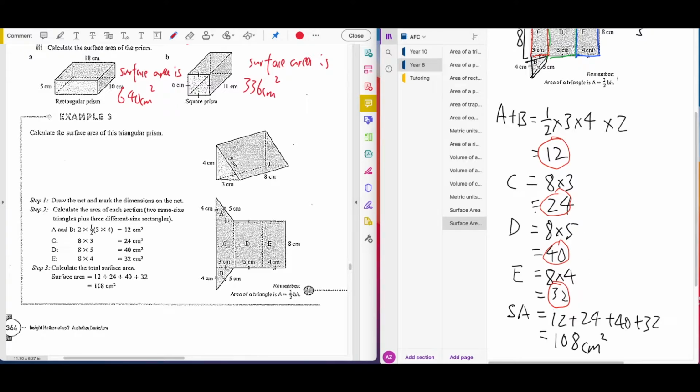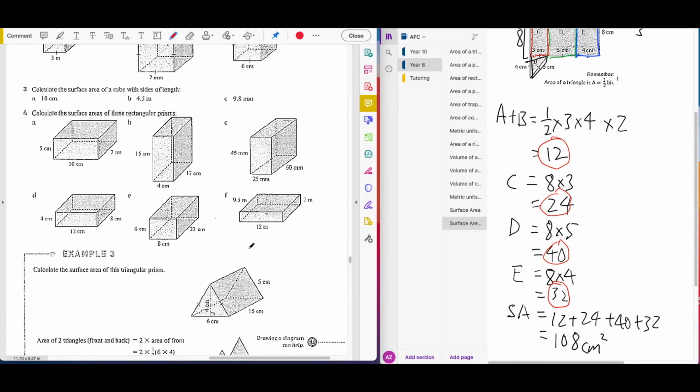Okay, so basically, to recap, to work out the surface area of a triangular prism, you need to find the areas of all the surfaces, which is demonstrated here, and you need to add them up. Now, like I said, you do not need to draw a net to do this. You can if you want to. Alright, so